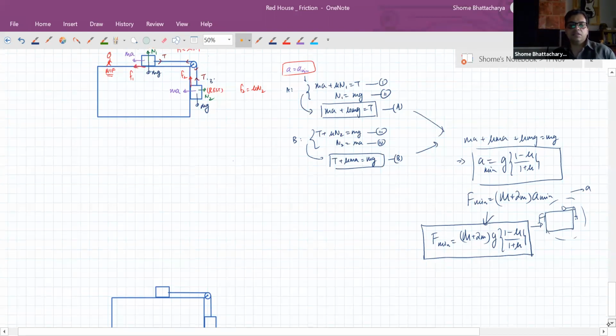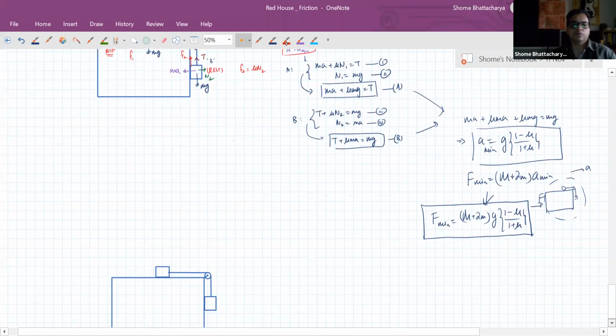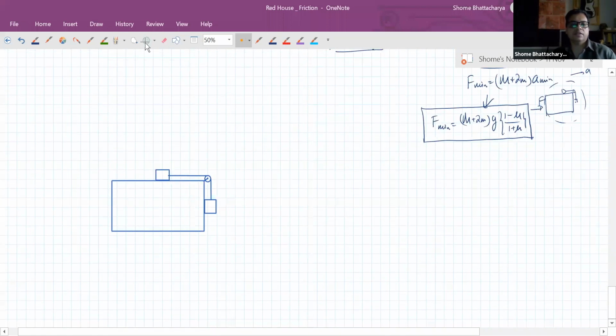Now you come to the maximum case and you realize that all you have to do is flip mu. So for the situation where we are taking